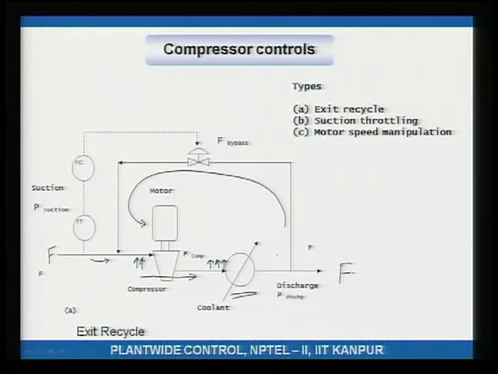So, if you want a certain flow, you adjust the bypass to get that flow. That is how this works. If the flow is more than what it should be, then increase the bypass. So, more will get recycled, and the fresh feed flow F will decrease. So, if F is increasing, increase the bypass, more will get recycled, so F will go down.